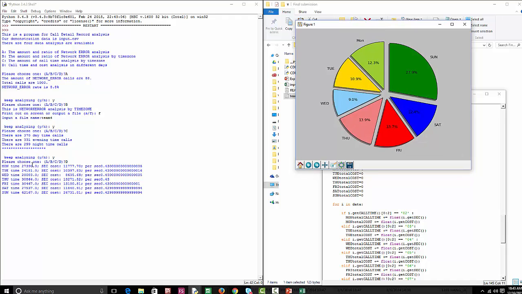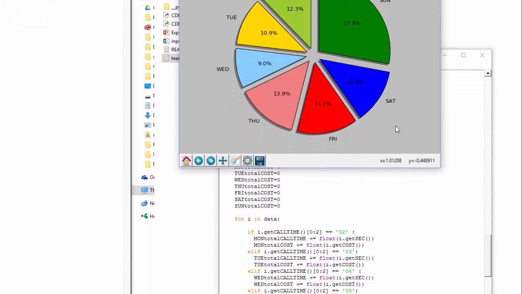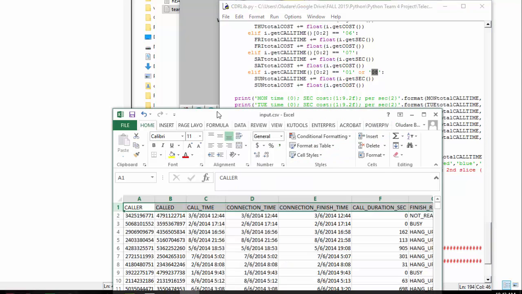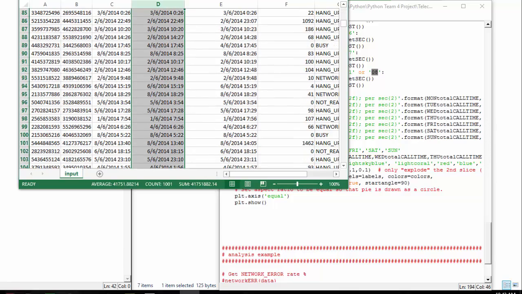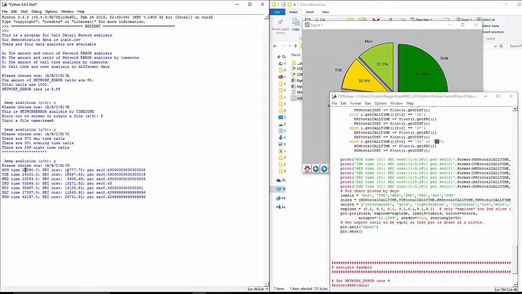Now we looked at each of the calls and analyzed how many calls were made on Monday, how many calls on Tuesday, Wednesday, like that, and down to Sunday. Sunday pretty much is a high number. Why? Because we combined two days together. That's the first day and the 8th day. Remember in this chart I showed you that under connection time, we only have day 1 down to the maximum day, which was day 8. So the total number of seconds we have here, the total cost,